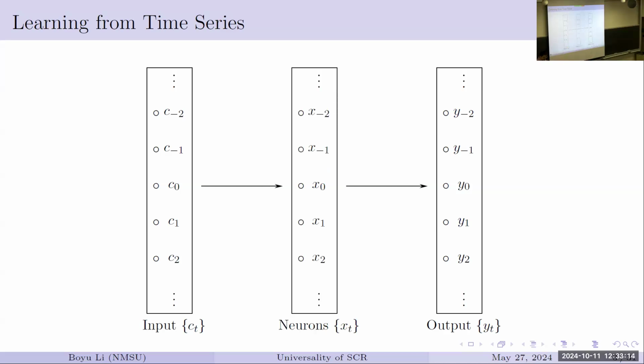So one common idea is you have a bunch of neurons, which is also a kind of time series. They are going to be called our states. Okay, so they are going to be some higher dimensional vector as well. So the idea is your new input will feed into your neurons, and your previous neuron state is the memory from your previous step, and it will contribute to your current one. And based on your current neuron state, you output some output. Okay, so that's the idea in these kinds of learning.